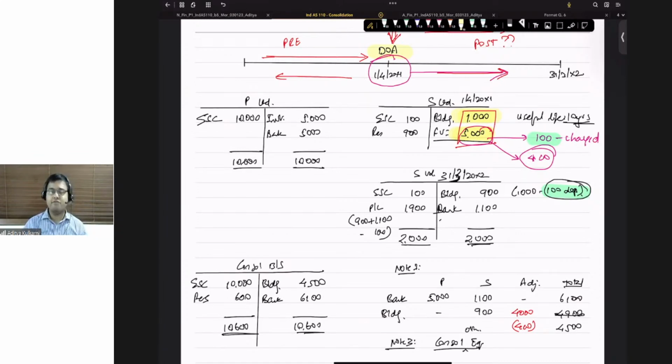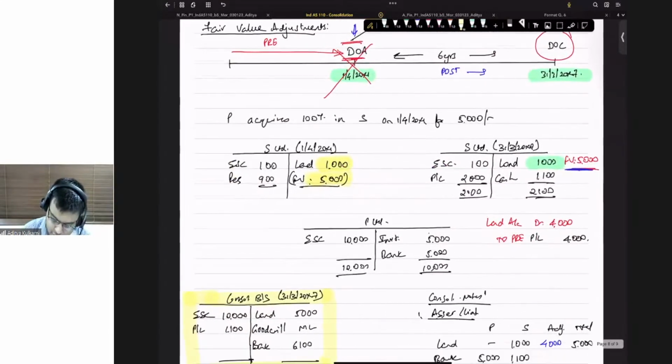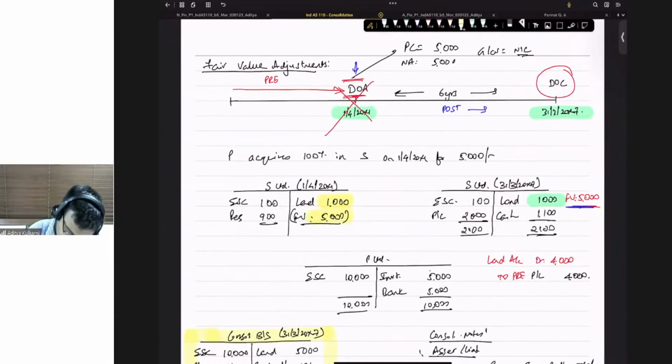Okay, can I have a fair value movement after the date of acquisition? Definitely. Who will stop you? Nobody will stop you. So if there is a fair value movement, suppose now building up on Soham's question, what Soham is trying to tell is fair value of land on this date is 5,000. Suppose in the 4th year, that is on 31st March 20x2,